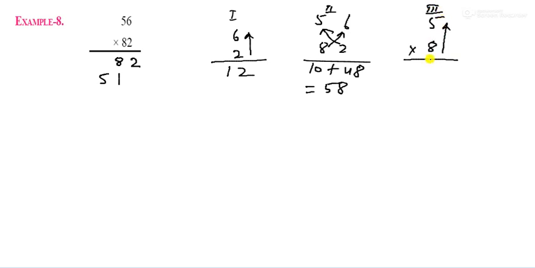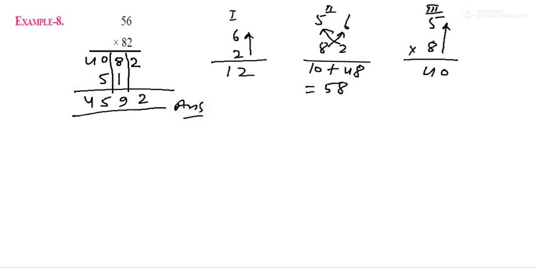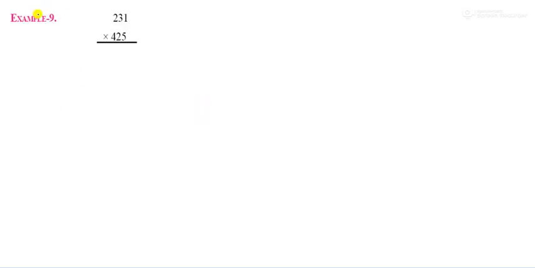Now the third one is 5 and 8. So it is multiplied vertically upward. It is your second step and it is your third step. So what will happen? 8 into 5 is 40. So you can write here 40. Now you can add here. So 2 and here is 9 and 5 and it is 4. So that is your answer.